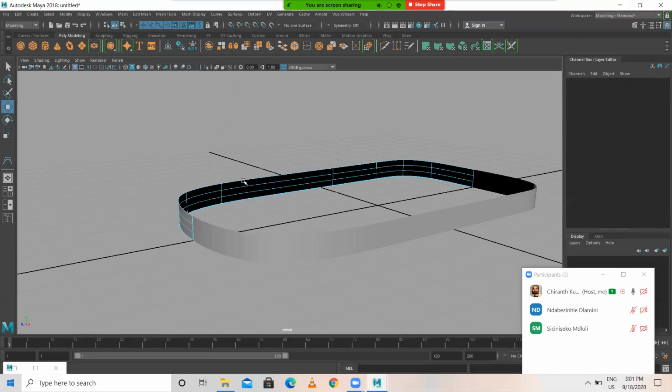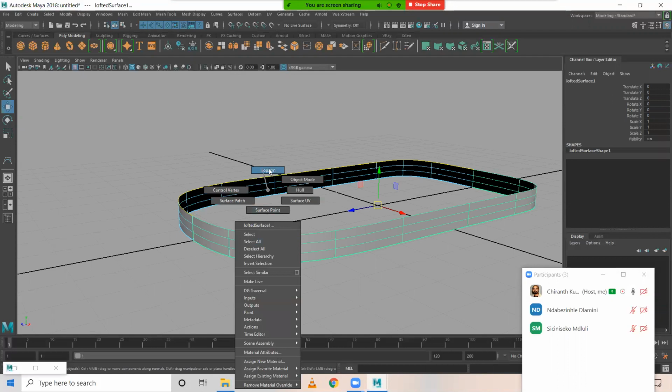You have to go to isoparm, select this, then shift select this object. Whenever you do multiple selection, you need to hold shift, shift select the object, right click, go to isoparm, shift select this isoparm, select this isoparm, select this isoparm, go to surface, again loft. Now this object has been reversed, surface, reverse direction. Now